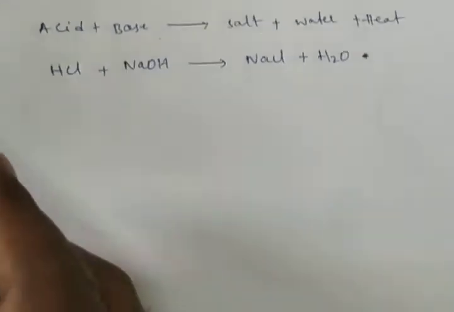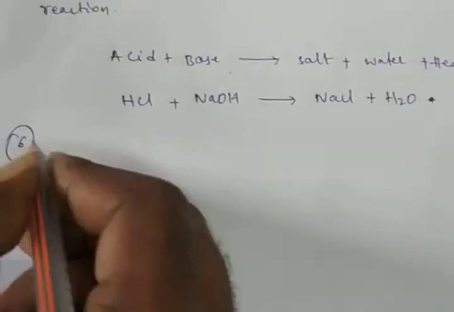Okay. See the first one in the sixth question. Nitric acid turns red litmus to blue. Is it false or true? Nitric acid is an acid. Acid does not turn red litmus into blue, so that is wrong. Suppose they had given a base, it would turn red to blue, and that would be correct. But here they gave nitric acid turns red litmus to blue. That is wrong.